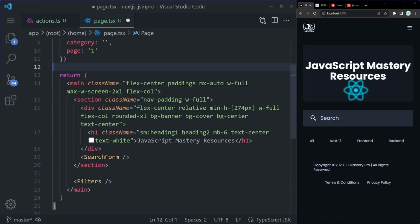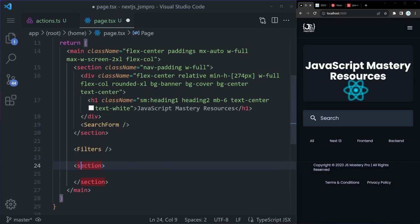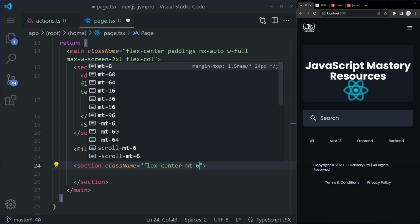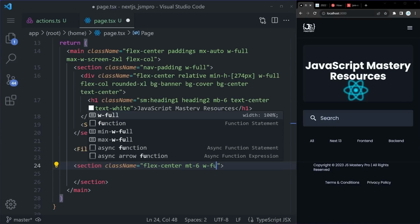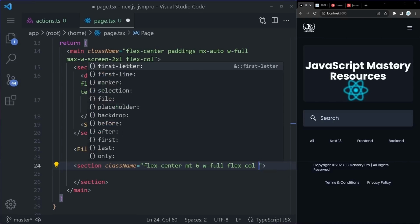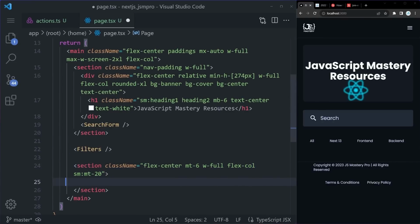We can do so right here below the filters. To loop through our elements, we can first create a section. This section is going to have a class name equal to flex center, mt-6 for margin top, w-full for full width, flex-col, and on small devices, margin top 20. Here we can show some kind of a header. So for now, let's simply say header,